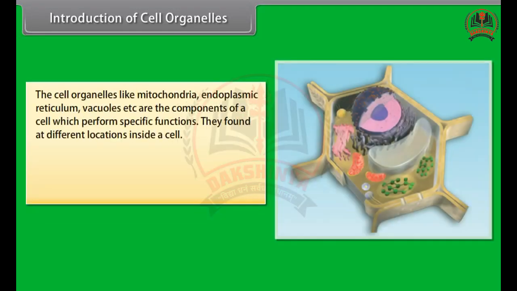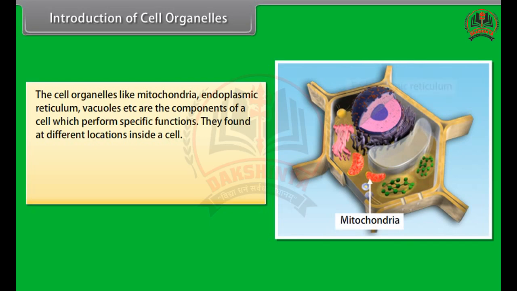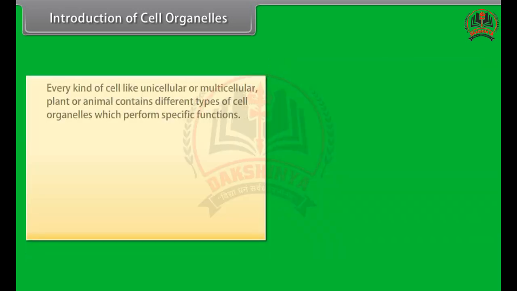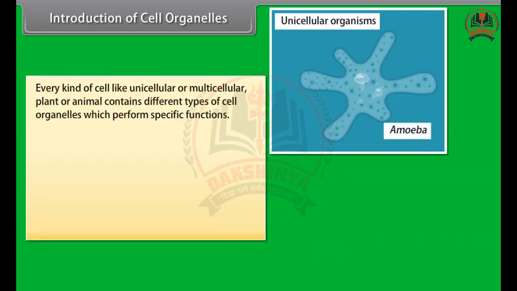Introduction of cell organelles. The cell organelles like mitochondria, endoplasmic reticulum, vacuoles, etc. are the components of a cell which perform specific functions. They are found at different locations inside a cell. A cell has different kinds of cell organelles which perform specific functions. They are membrane-bounded. Every kind of cell, like unicellular or multicellular,